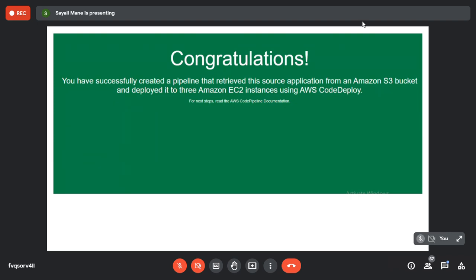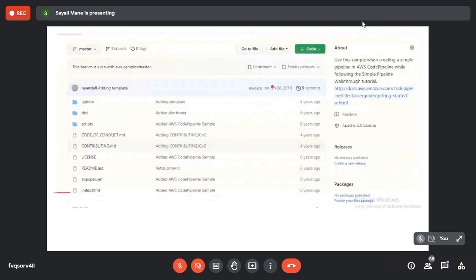Done? Okay. Now please open your GitHub account, which is already there, and open the respective AWS CodeDeploy repository, which we forked. Just simply open it. In that, just scroll down. Here you will see the index.html file.